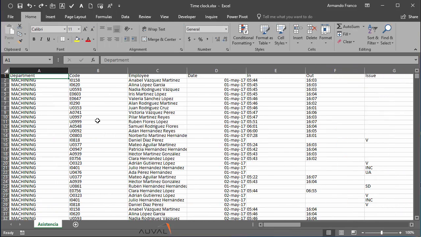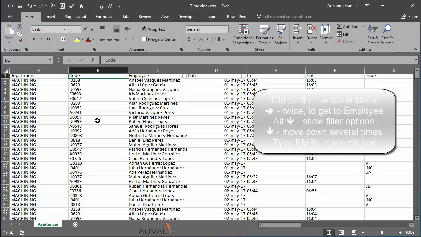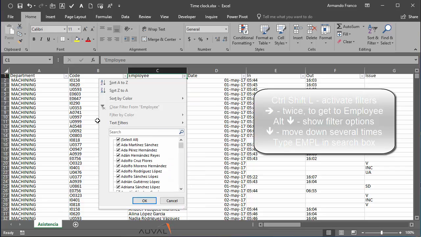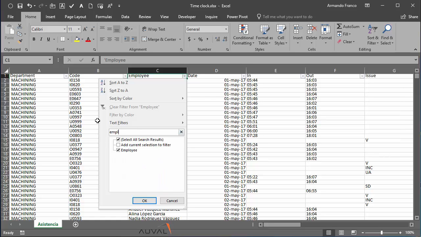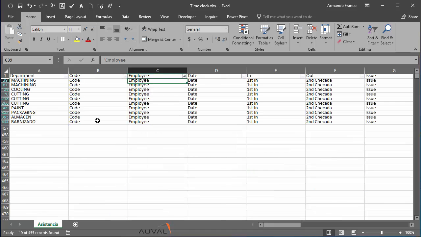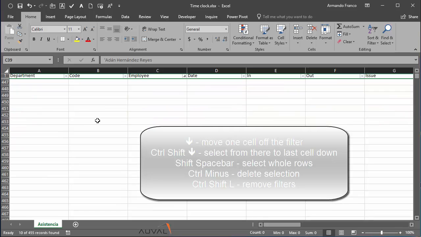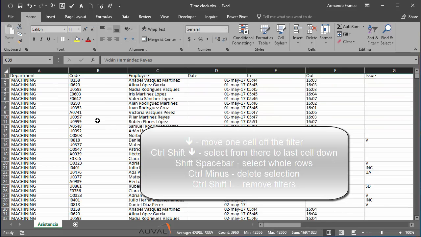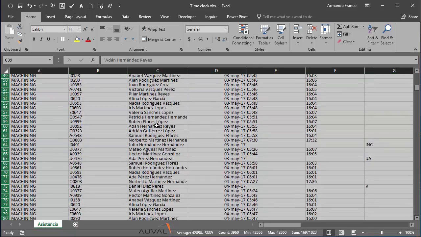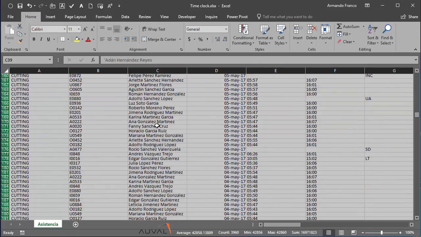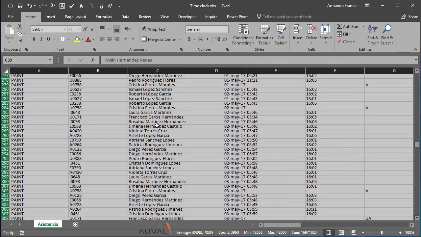Now, since there are no empty columns and no empty rows, I can just click Control Shift L, move to employee, Alt down, go down, I can type in here, and it says it only has employee that matches the EMPL spelling, enter, down, Control Shift down, Shift space, Control minus, Control Shift L, and I think now our data is, yeah, looks good.